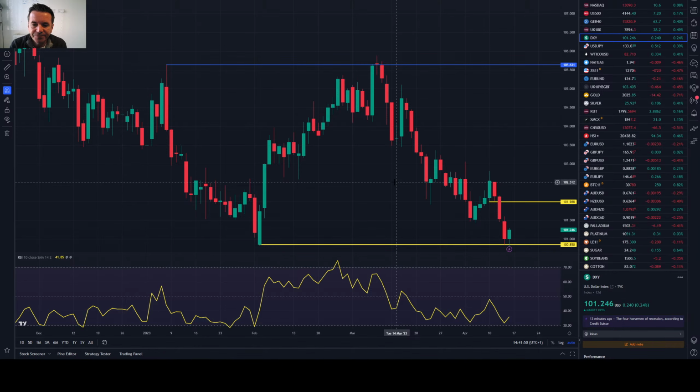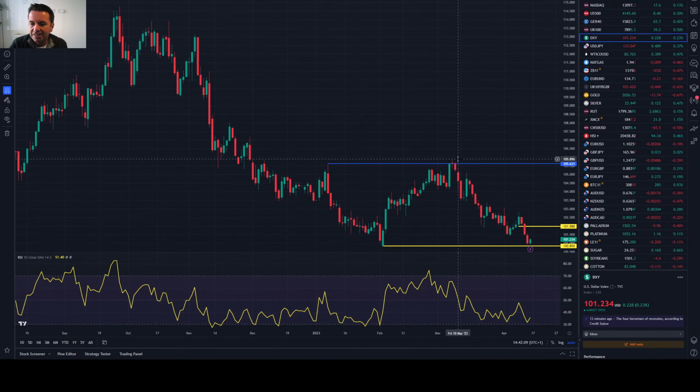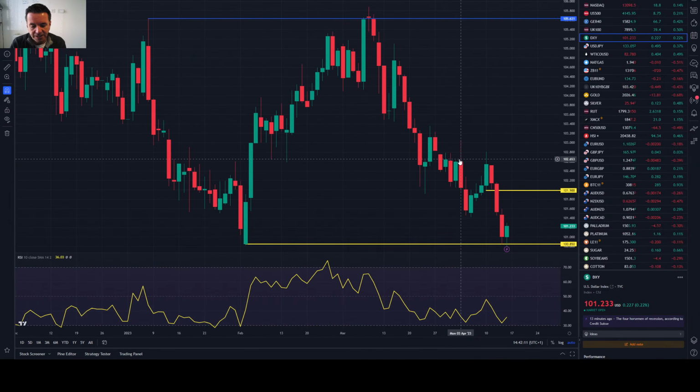But are we going to see the dollar bounce back again? If this 100.8 level is an important one for the US dollar, and we see a rally, this is going to put pressure on gold. So I think it's really interesting. An aggressive trade, if you absolutely thought this is the bottom for the US dollar, in terms of risk reward, it's an interesting one.